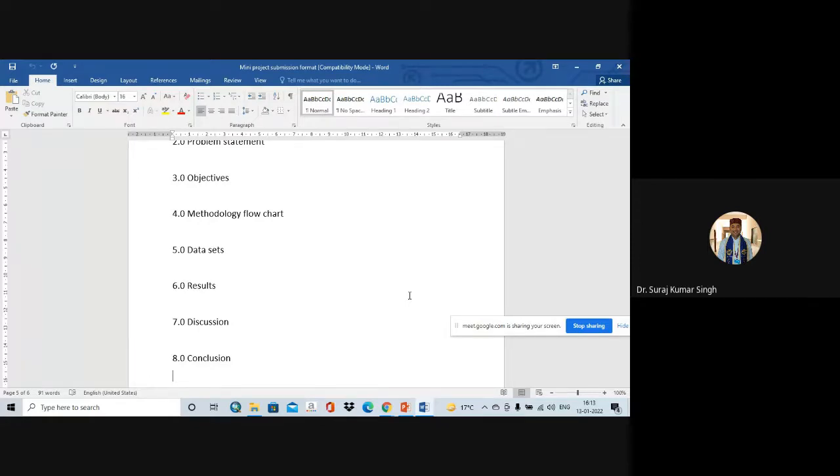Either it's increasing or decreasing, that is a secondary thing. So all those findings have to be elaborated and written scientifically in section 6, that is results. In section 7 you will be writing the discussion. Discussion is either discussing your results with the earlier results, or validating your results, because